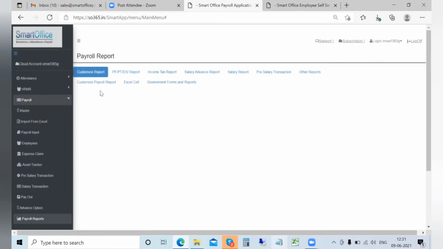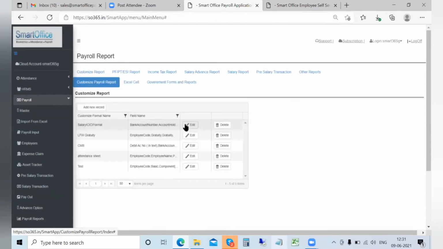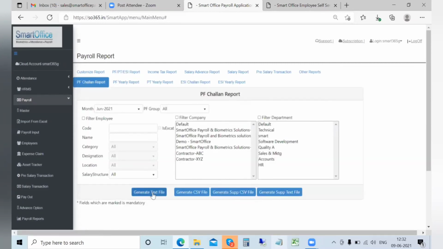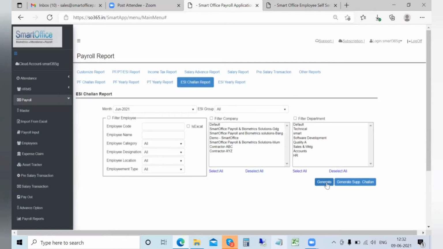Reports: in terms of reports, as I said, you can have your own report configured. Let me show you this at the end, once this particular report module is completed. So what you can do from the PT, the statutory report section, is generate the PF challan, which is a text file; a CSV file can also be generated. The text file is the one which is used for uploading. This is upload ready. You can generate the ESI challan report also, but a couple of quick changes have to be done before uploading. The format is the same, but you just have to convert it into the text format.